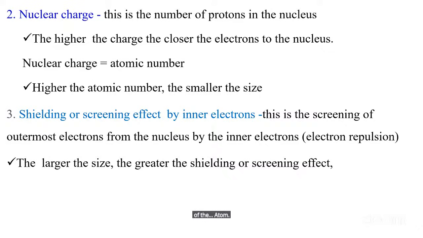Ionization energy. So this is the second periodic property. Ionization energy is the energy that you require to remove the most loosely bound electron from an isolated gaseous atom to form